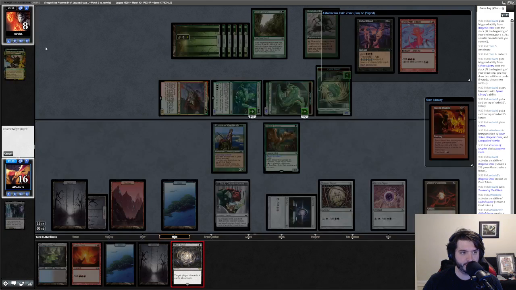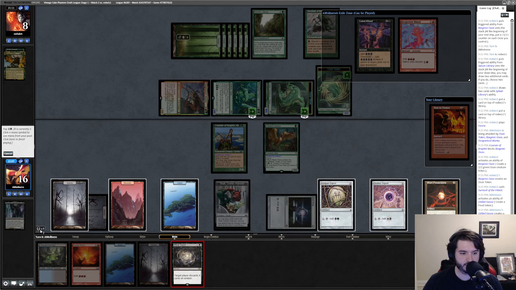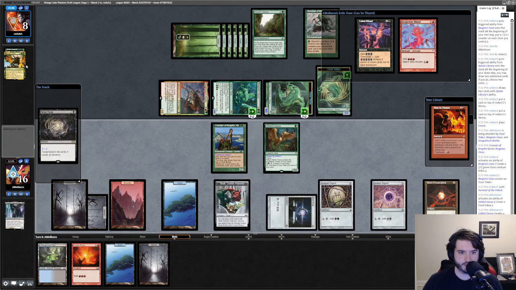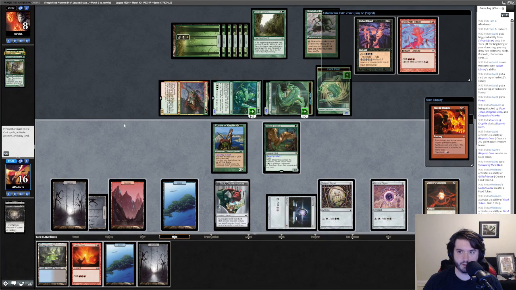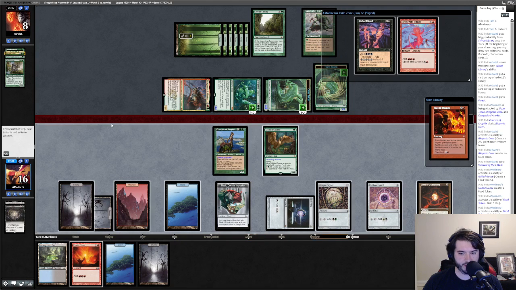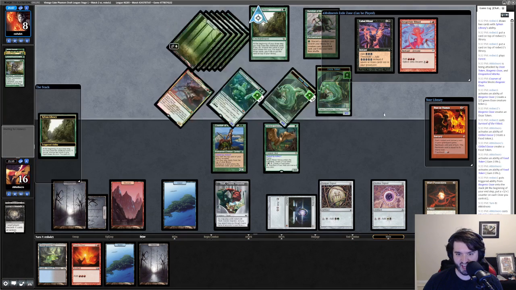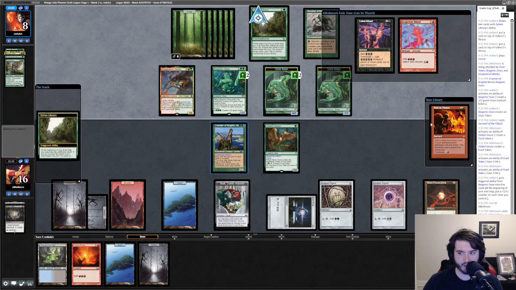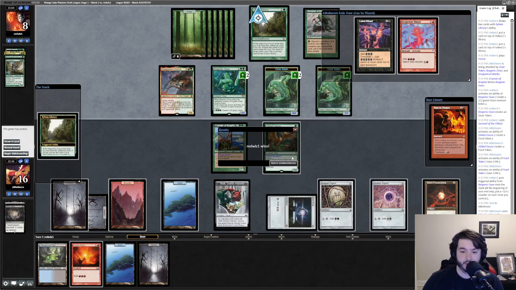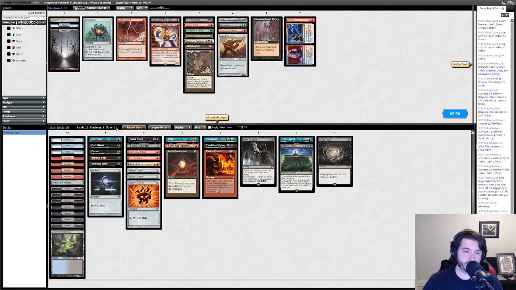Yeah, I lose, right? He discards 2 cards. I can't do anything. He attacks. Like knowing that the Past in Flames is the top card of my deck. Wow. Okay. Again, I can't be too mad after those last games, but certainly felt like a